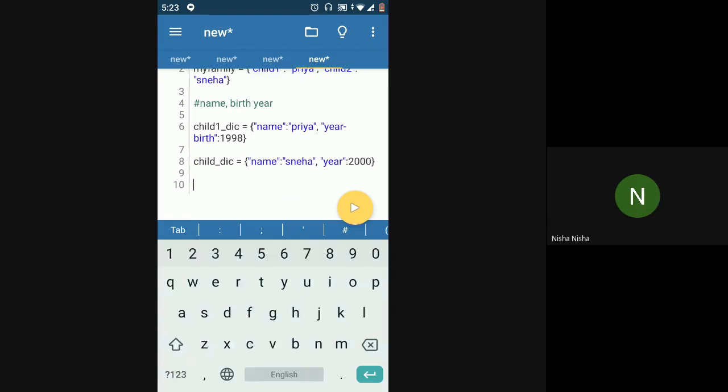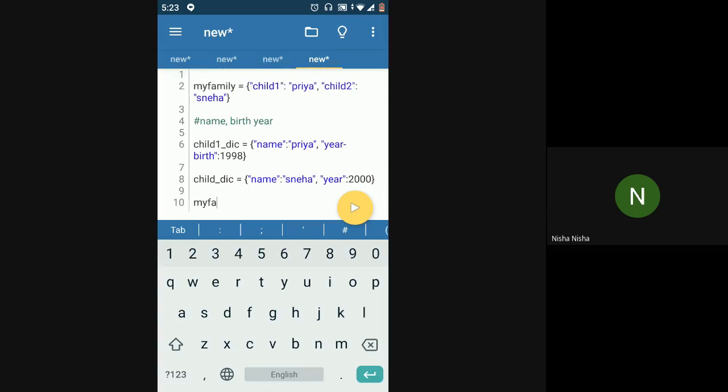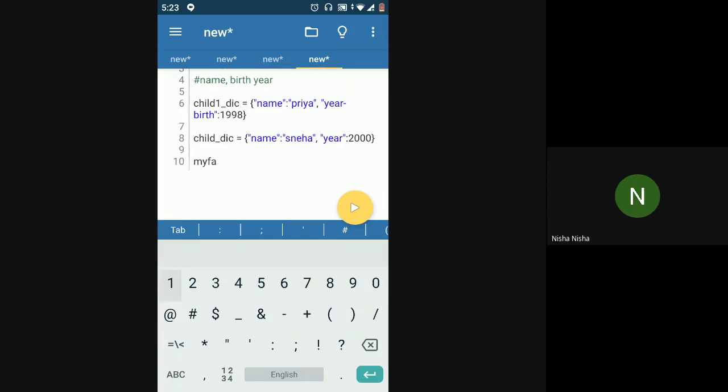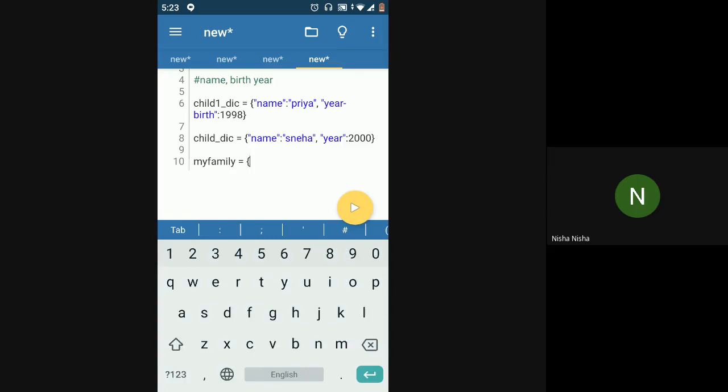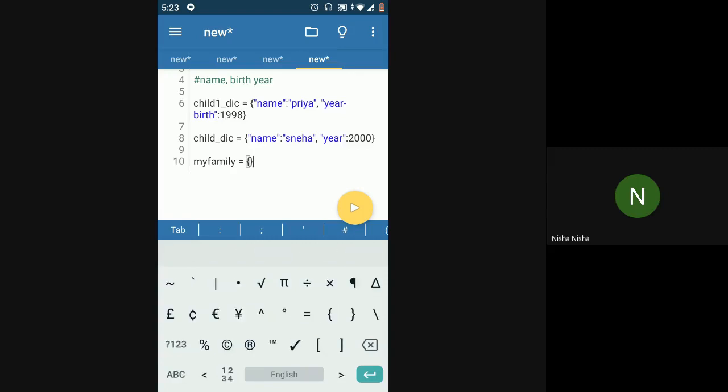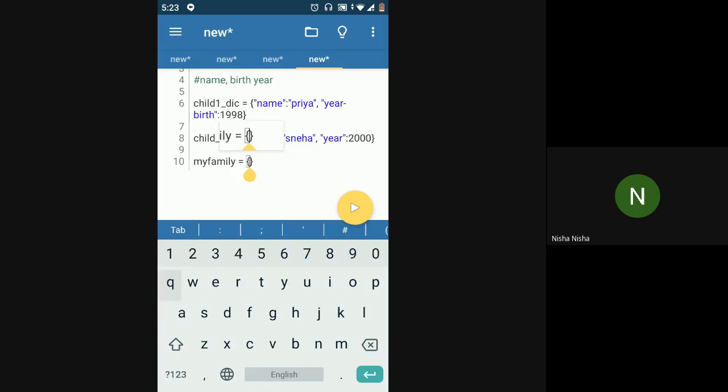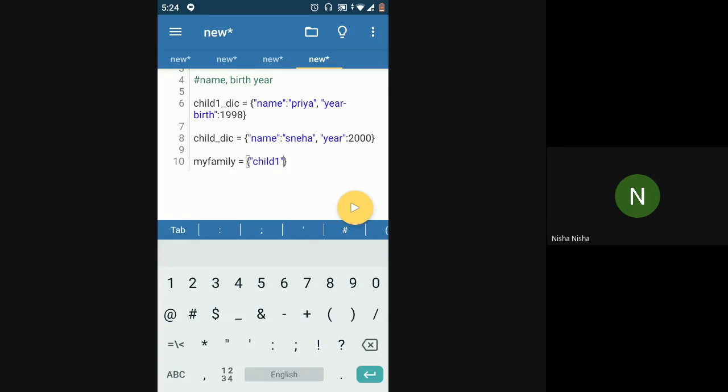Now what I want to do is the same my_family dictionary, right? I'll just remove it from here. Here in this case, child1, this is the key, right? The key that I used initially also.